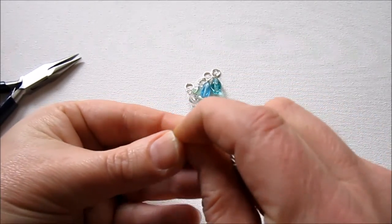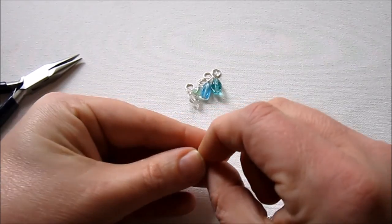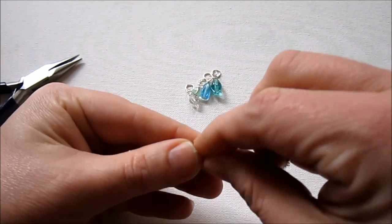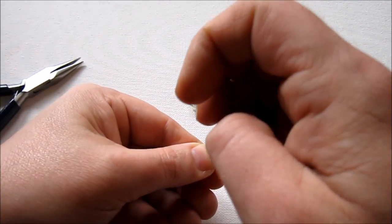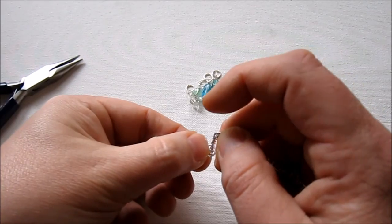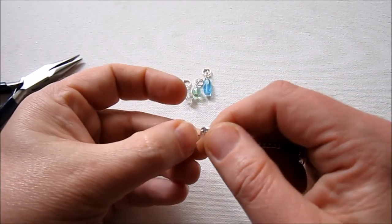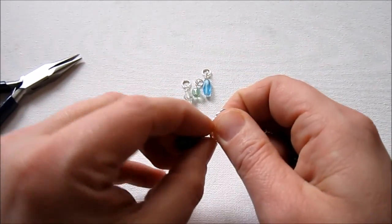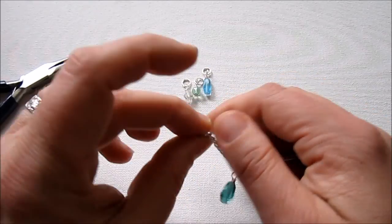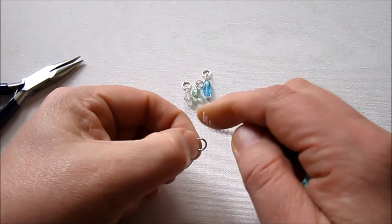In fact, you can usually hold both the jump rings in between your fingers, which of course now isn't working for me, or just do one. And just drop the chain through. And then another bead dangle, and you're threading it right through that jump ring, not through the loop you made, but through the jump ring. And then I'm going to add 2 more